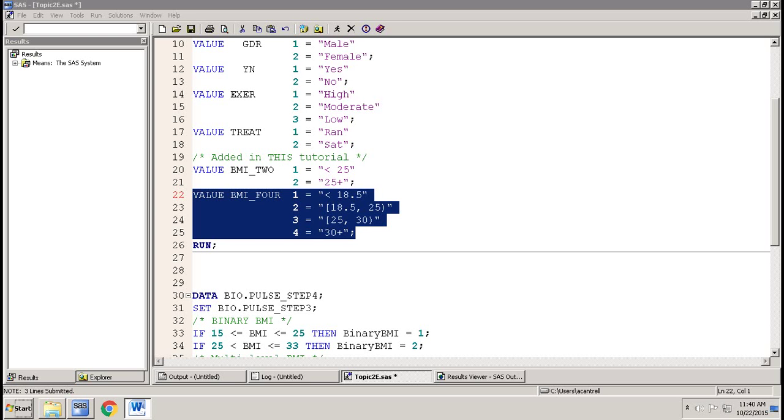You can put anything that explains exactly what happens on the endpoints as long as it's short enough to be reasonable for translations. Here we use less than 18.5 for the first level, algebra notation of bracket 18.5, comma 25 parentheses, and bracket 25, comma 30 parentheses for the middle levels, and 30 plus for the last level.